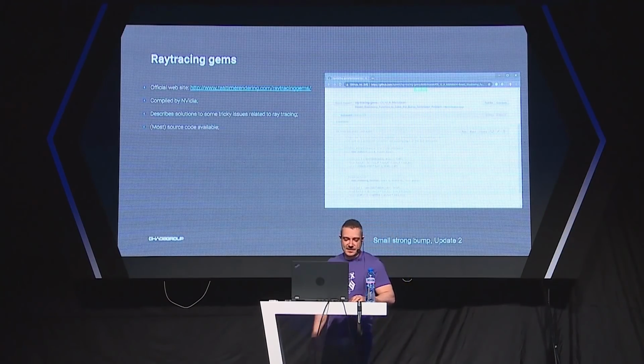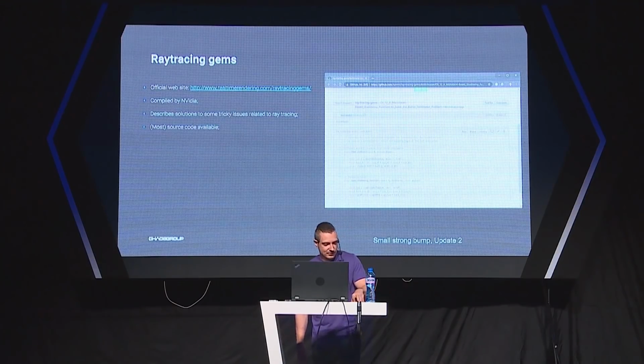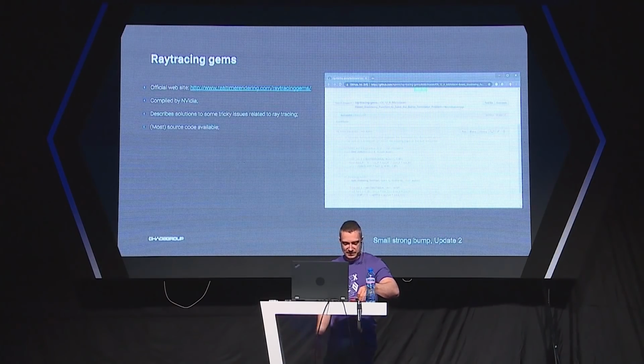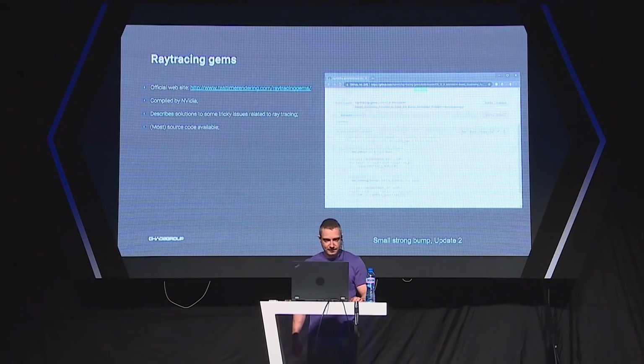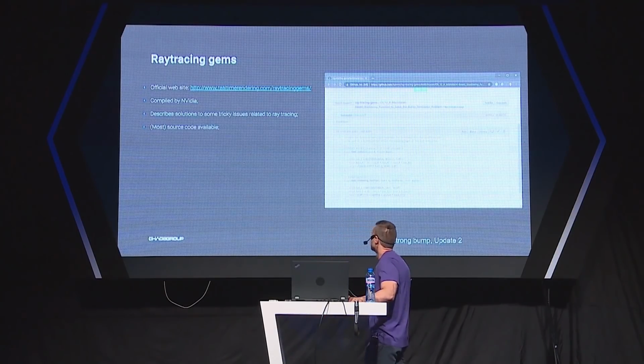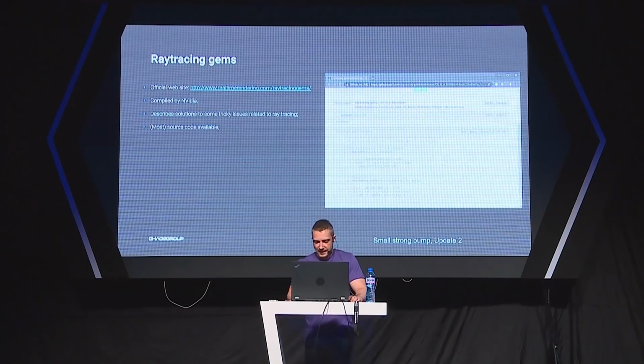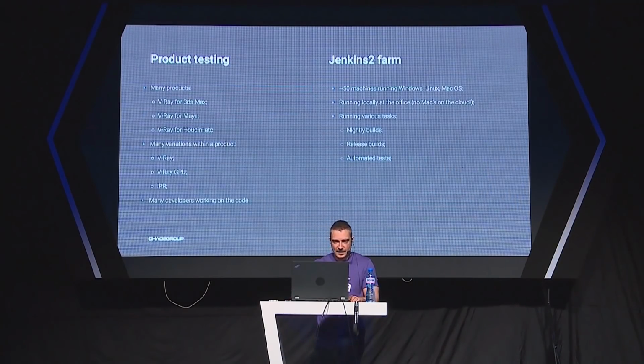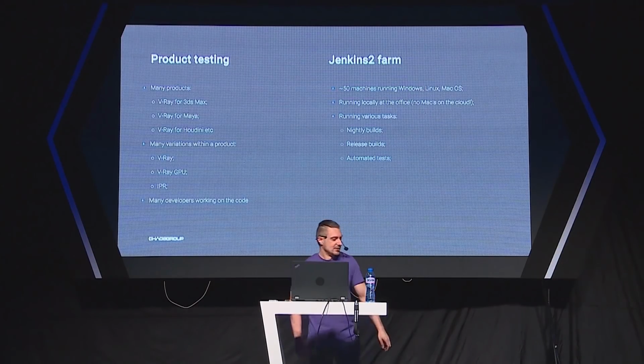And also, there were some unexpected problems, for example, with rounded edges, because yes, you need to darken the light contributions for bump maps, but not for the rounded corners. And we needed to figure out a way to make those two things work together, which was not the easiest thing to do. But what helped me a lot, okay, so yeah, just a few words about the ray tracing